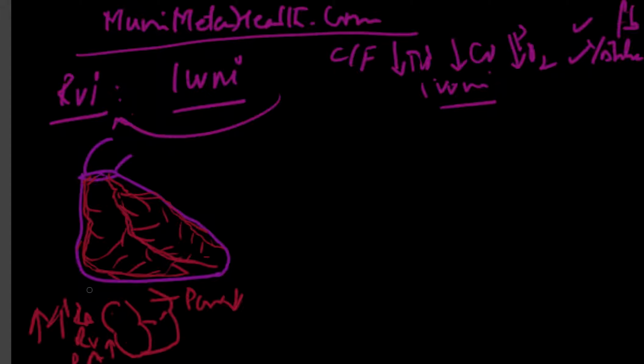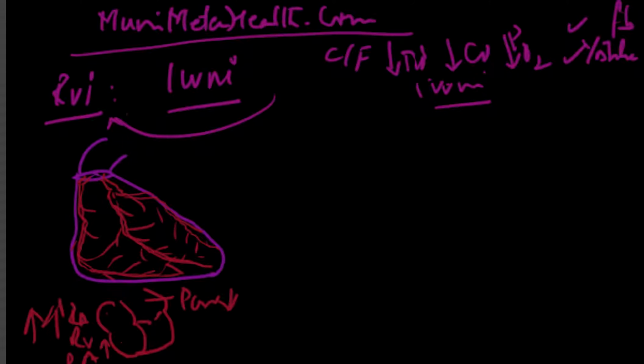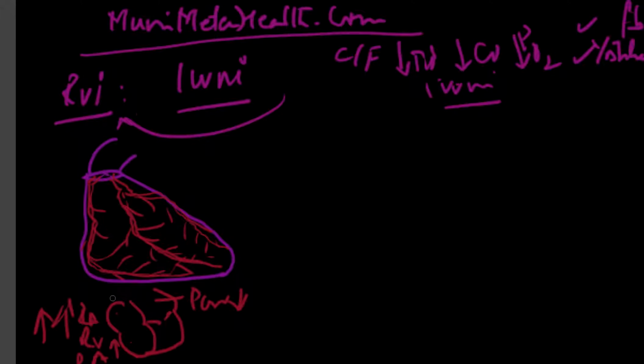So if you were to put a Swan-Ganz catheter, or a pulmonary arterial catheter, if you will, in that setting they will show evidence of all these pressures on the right side being elevated, while ironically the pulmonary capillary wedge pressure will be low. So what have we inferred so far? We'll see a blood pressure which is low, we'll see a cardiac output which will be low, and a pulmonary capillary wedge pressure will also be low.